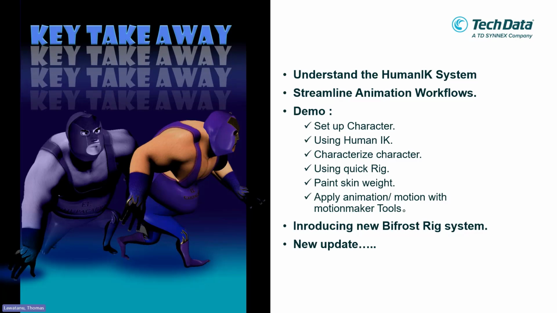And then we can go to paint skin. After we have the rig for the character, we continue with painting the skin weights. This is to determine which area we want to move, to define it. That's why we need to do some paint skin, or we can call it paint skin weight. And after the character is set up, we can go to the part to apply the animations. Today I'm using the Motion Maker, the new feature from Maya